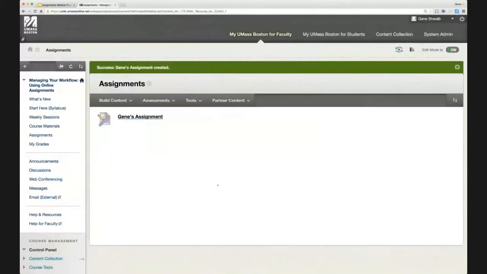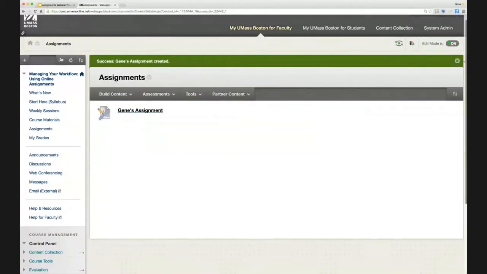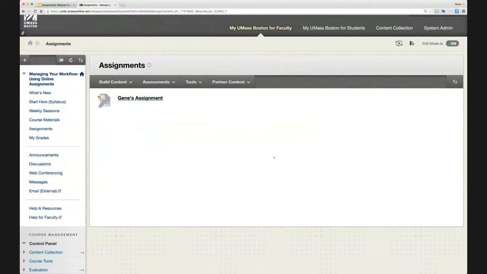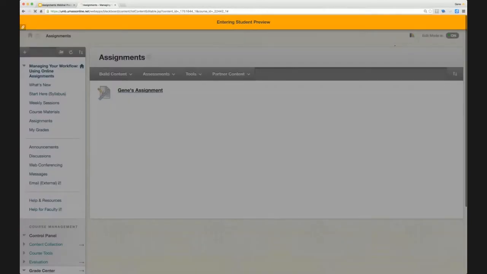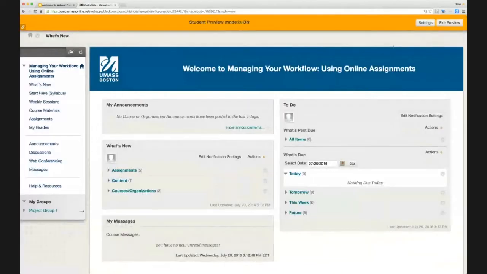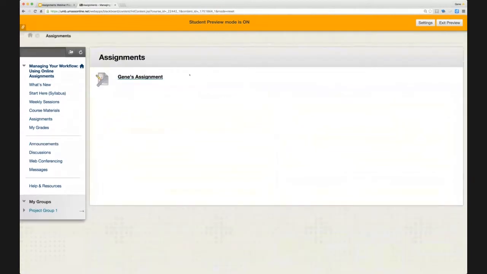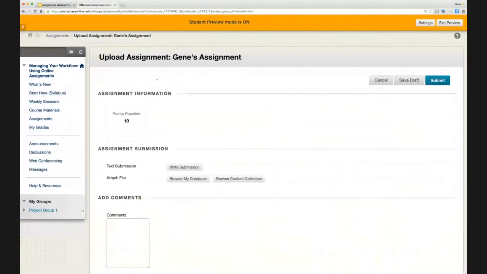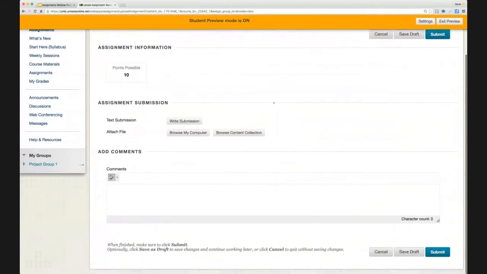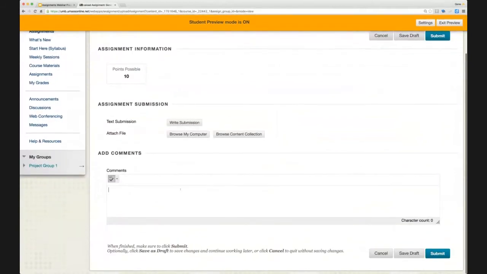Now, let's say I want to make sure that I've done that correctly. I know that's correct because it's pretty simple, but this is where you would click on the student preview up here. Now I come over here and I am a student, and my student name, remember, is Gene.Schwab _ preview user. I would just simply click on assignments. I would go here. And in a case like this, I'm not even going to upload something. I might just say, you know,